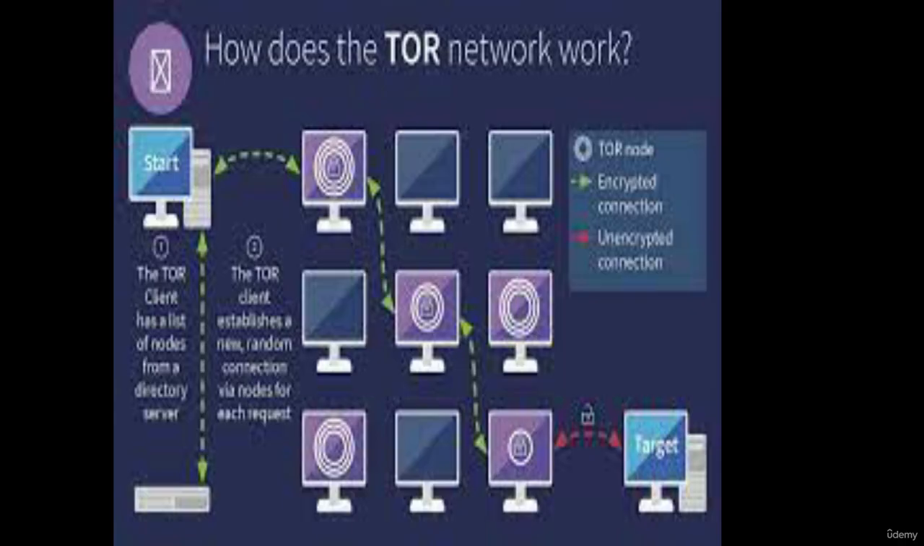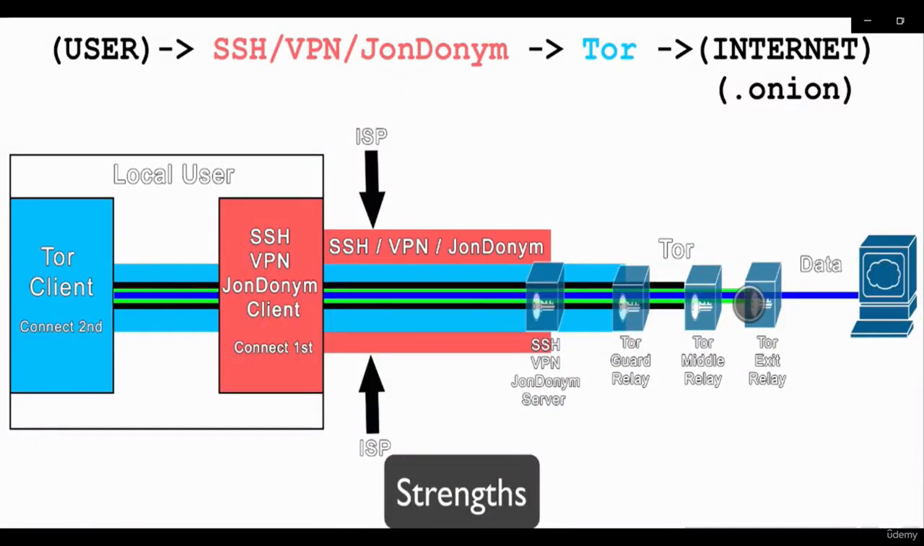So let's talk about what is SSH VPN, JonDonym as first hop, and what is the traffic and what is the strength and weakness of this traffic by gaining a local user. So this is how an ISP helps a local user VPN to gain data